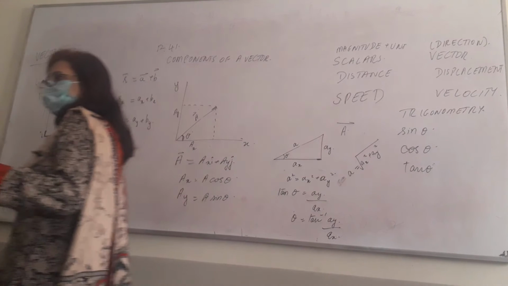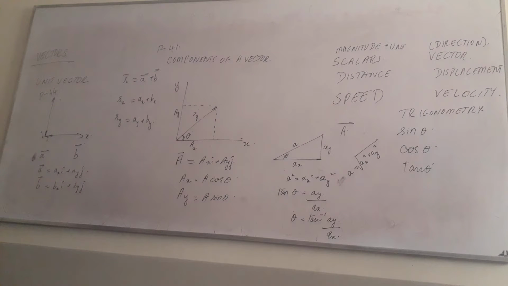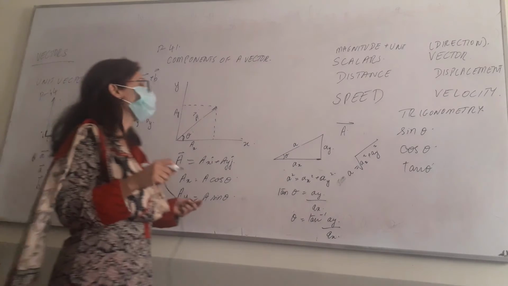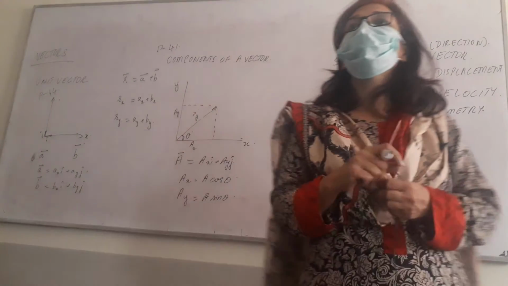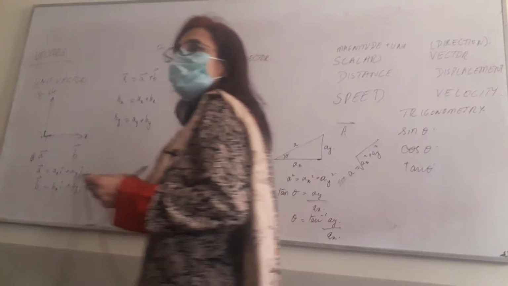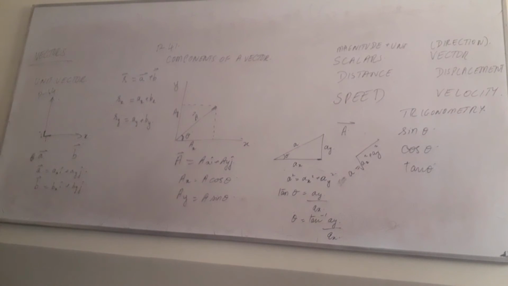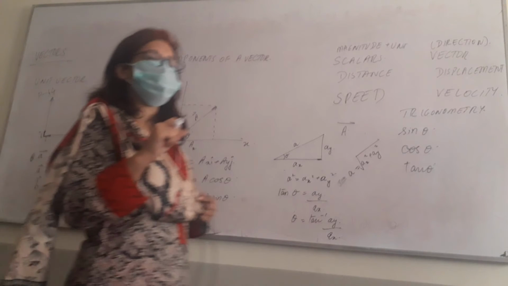Any questions? What we've done so far is a revision of what you already know. There was nothing new. We were revising the concepts that you're already familiar with. So now we can go towards the multiplication of vectors. We talked about the addition of vectors and the subtraction of vectors. Now we can talk about the multiplication of vectors.